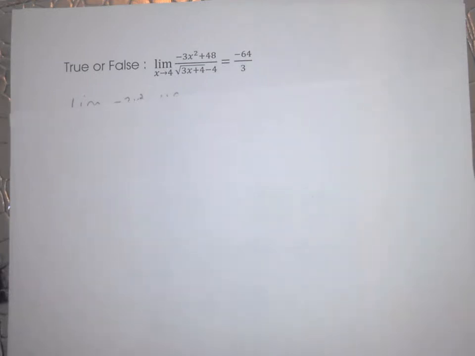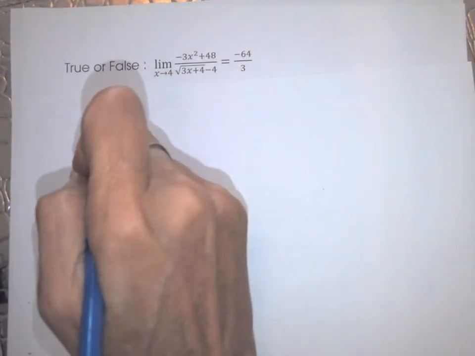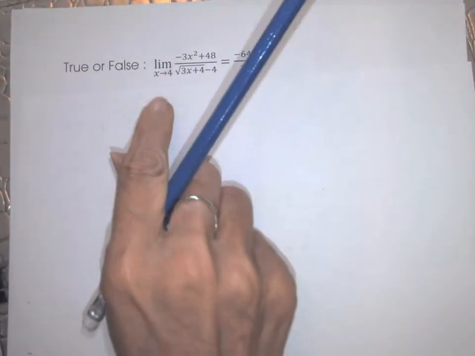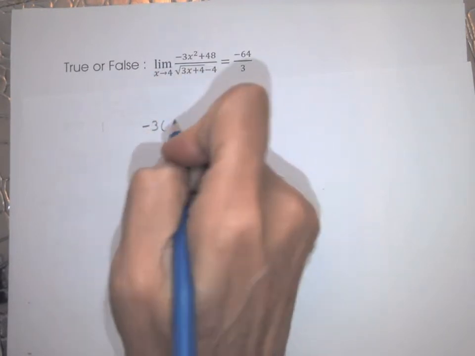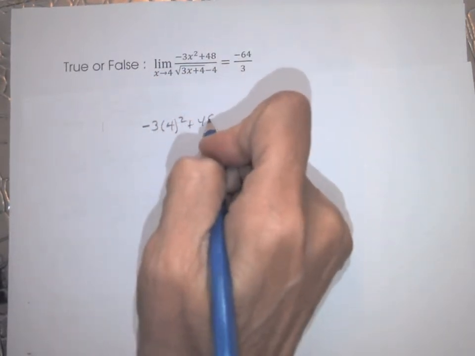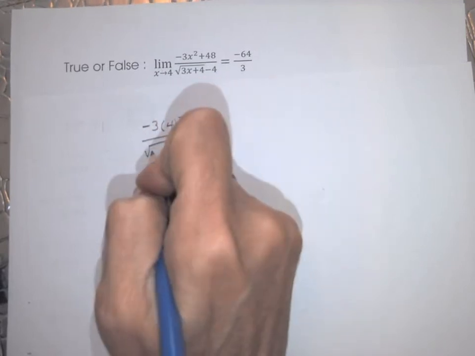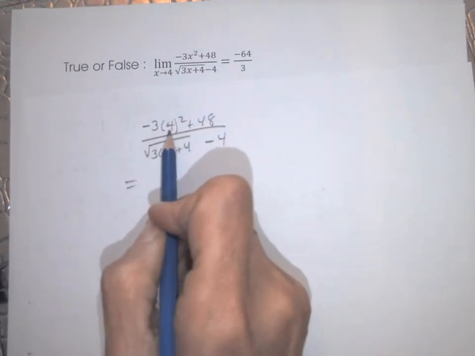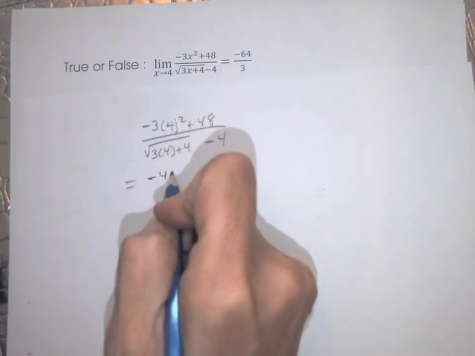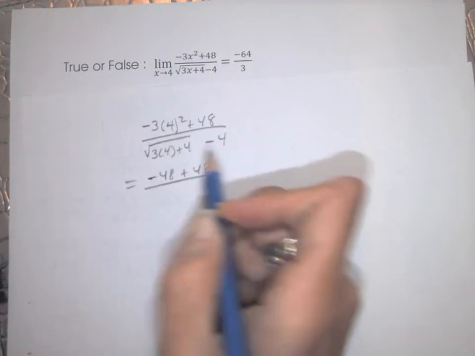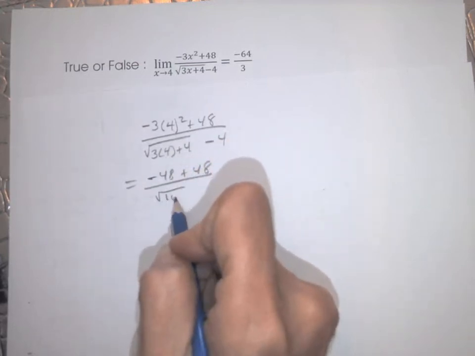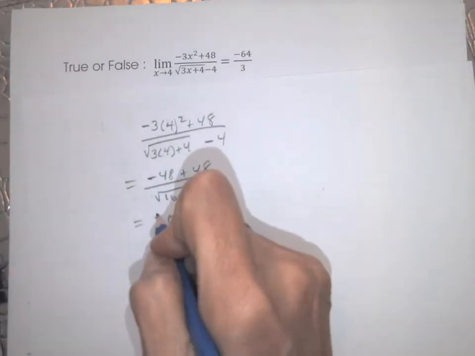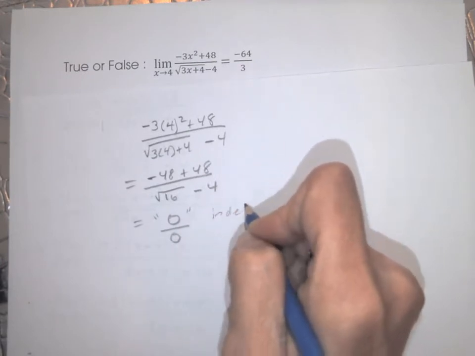So before I start this question, I would always check to see whether I can sub in x to be 4 and what happens. So if I just let x approach 4, the numerator is going to be 16 times negative 3, which is negative 48, plus 48. And then here I have the square root of 16 minus 4, which you can see is 0 over 0. And 0 over 0 is considered to be indeterminate